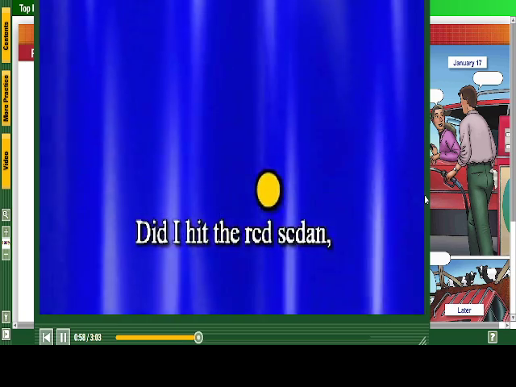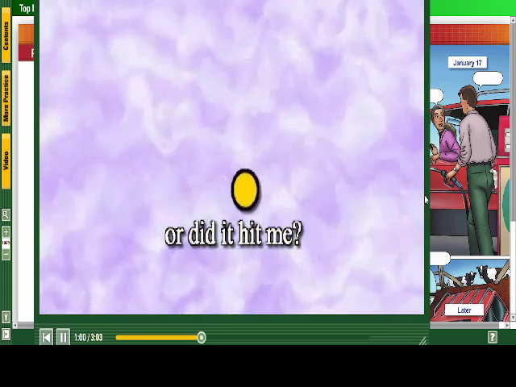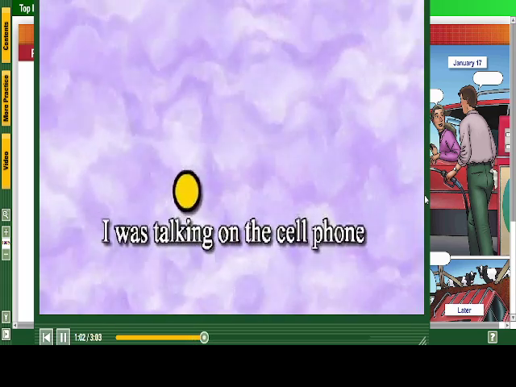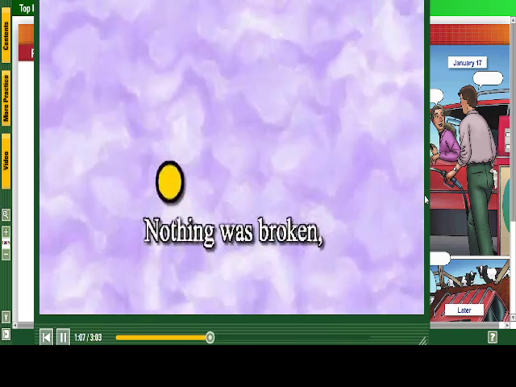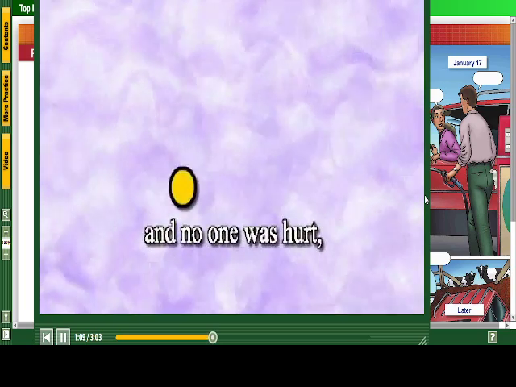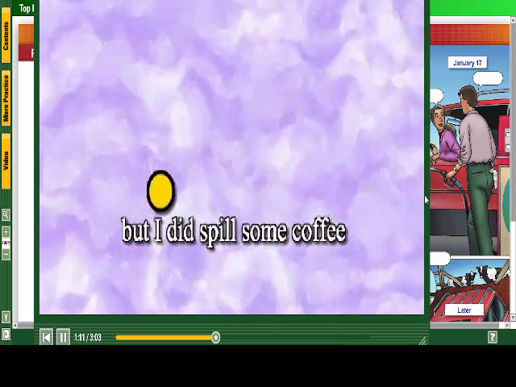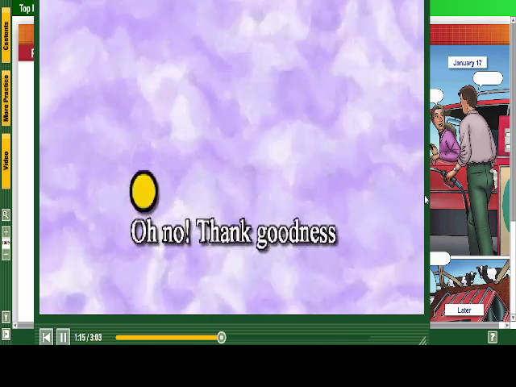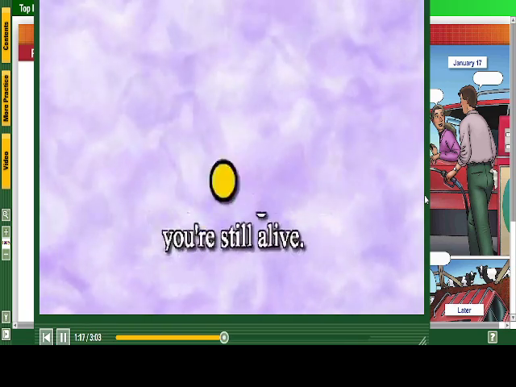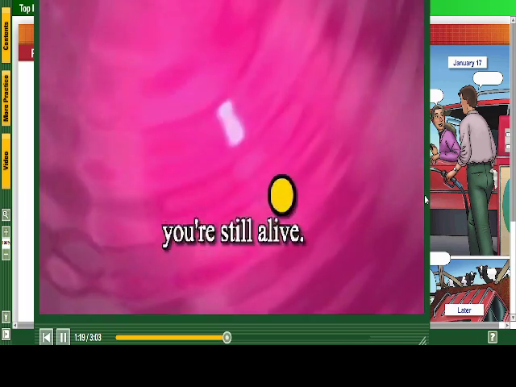Did I hit the red sedan or did it hit me? I was talking on my cell phone in my SUV. Nothing was broken and no one was hurt, but I did spill some coffee on my favorite shirt. Oh no, thank goodness you're still alive.